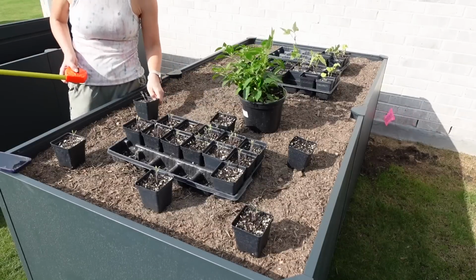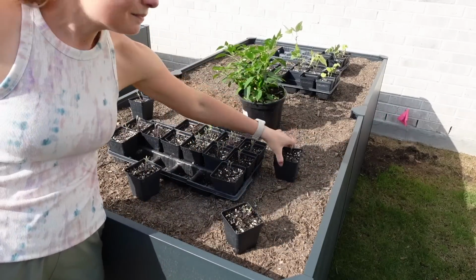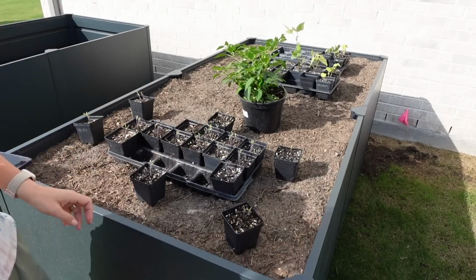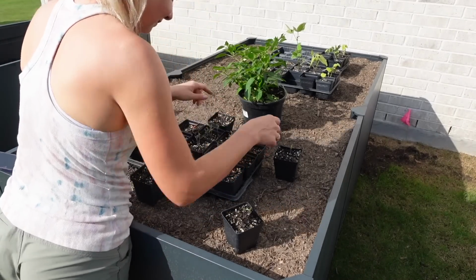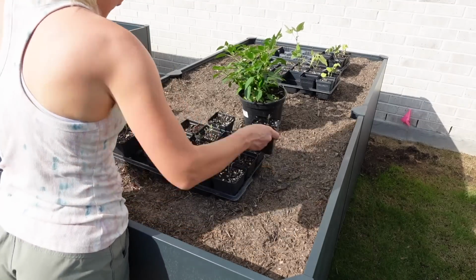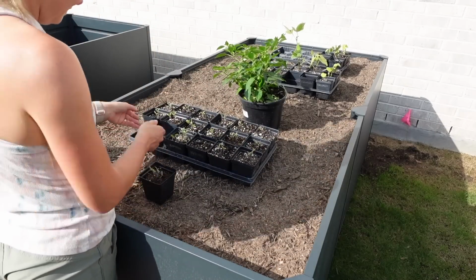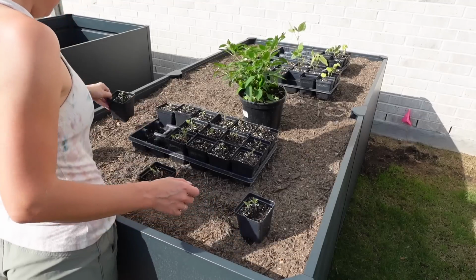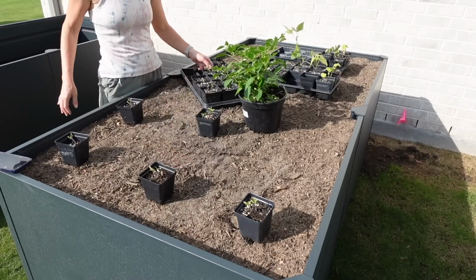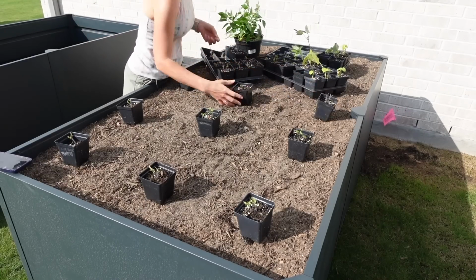When I started talking to the guy there, he was saying that, especially for the first year, if it's your very first season to plant, then you should probably be using some really good potting soil, raised bed soil, because it really needs those organic nutrients to produce well. I just was like, give me what I need to do, and he gave me the exact bag that it would do best in. And then he said, over the years the soil will be good enough, but